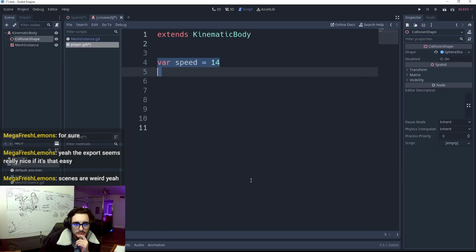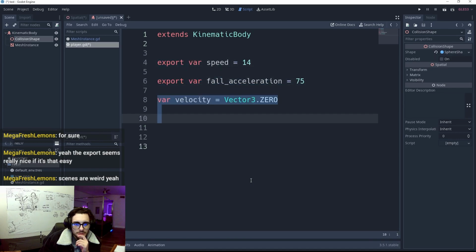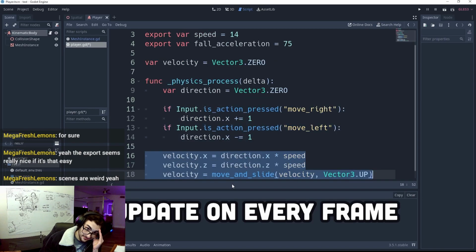Create variables with the var keyword with an optional type annotation and export them to make them public in the editor. Now override the process or physics process function to calculate